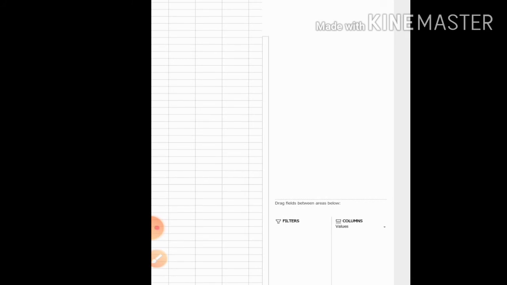See here, if I click on department and click on the drop down option, see here, add to column label. If I give the values as a column label, so I am giving first, see here, add to the column label. So here in the column label, department has been added, okay.